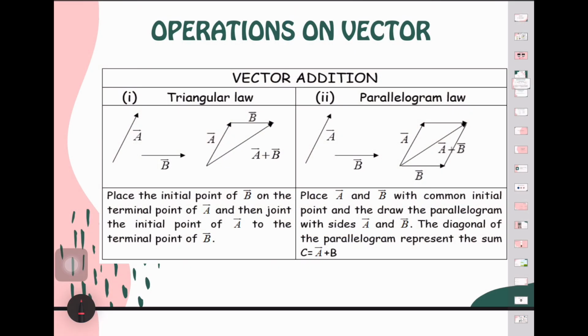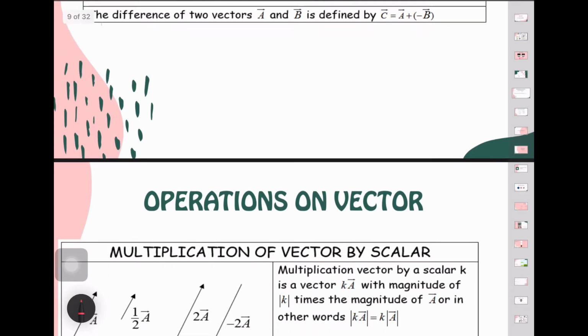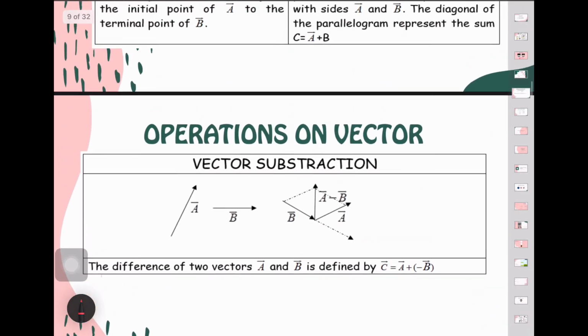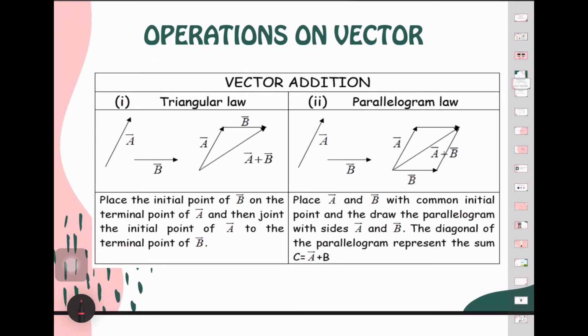For the operation on vectors, we have three operations. The first one is vector addition. Then we have vector subtraction, and we also have multiplication of a vector by a scalar. Okay, so first we see vector addition. We have two types of vector addition. The first one is the triangular law, and the second one is the